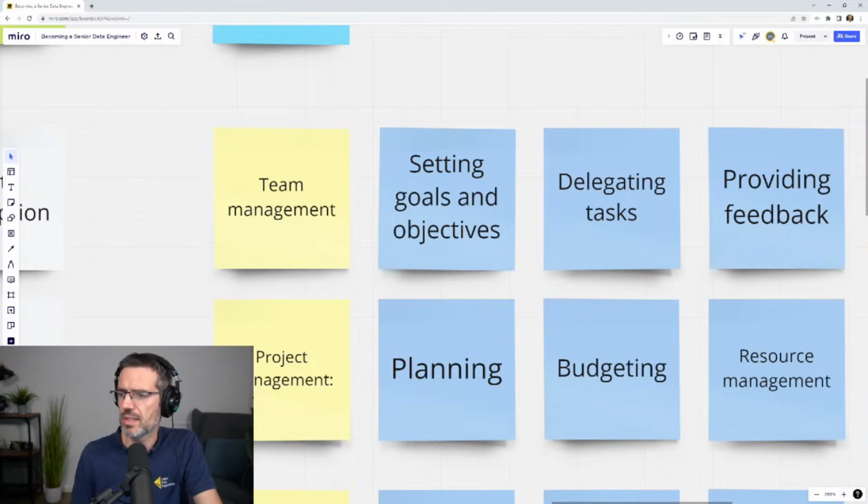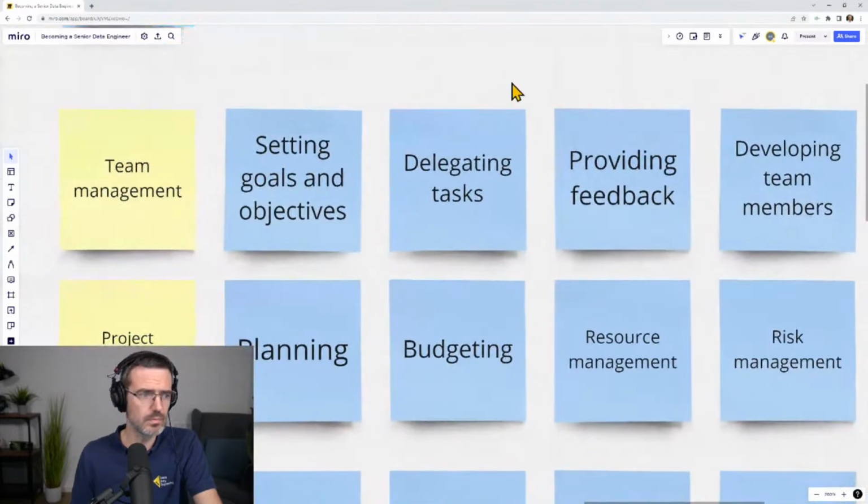The first thing that we had here was team management. A senior data engineer should be able to manage a team of data engineers, set priorities, delegate tasks, and provide feedback to team members.